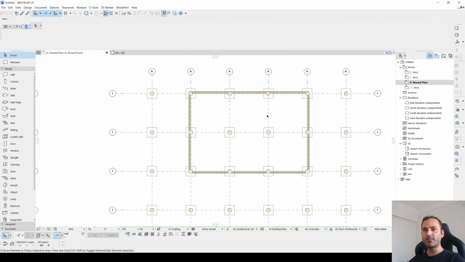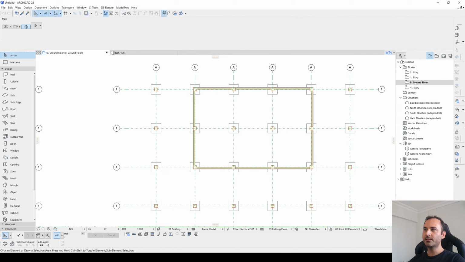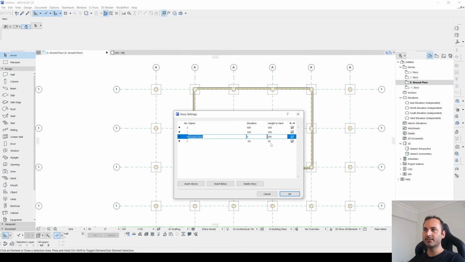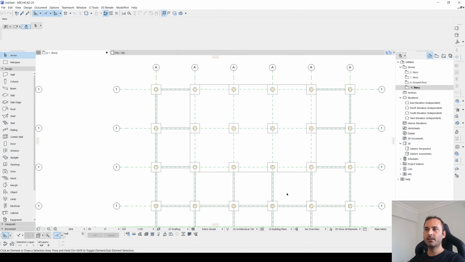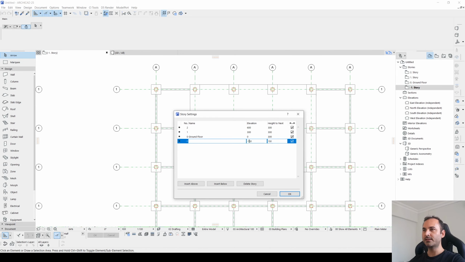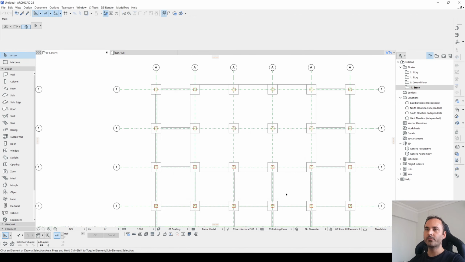Alright, now here we come to a very interesting stage. As you can see, the visibility is not correct here. Let's say that if we were to go to settings and change the elevation to another value, 150, this looks correct. Also, ground floor is correct, -1 is correct, but we want these settings, not 150. We want this setting, but it's not correct. How can we fix this problem?